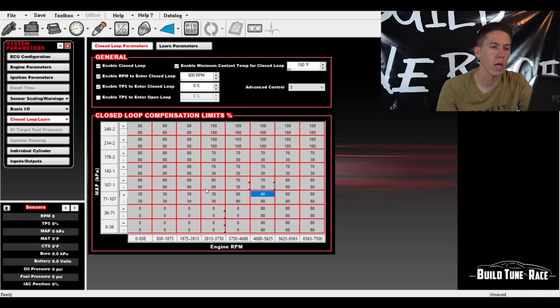So it's something that you as the owner, the tuner, whatever, have to decide how much you want to let the computer take the wheel and do what it does. And when it works, it's great, but I have seen it where if the O2 sensor fails, it will either add or take fuel more than it should. So just something to keep in mind when you're tuning with a system like this. So I'm going to go ahead and do the same here, 70,